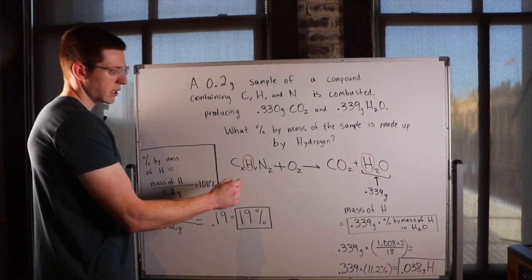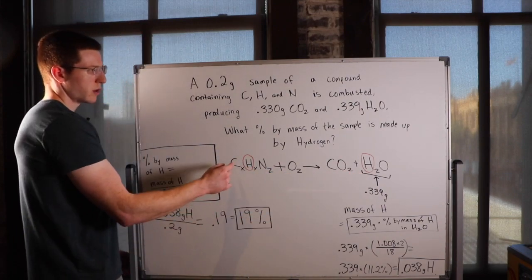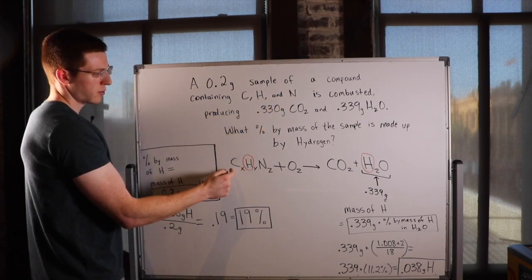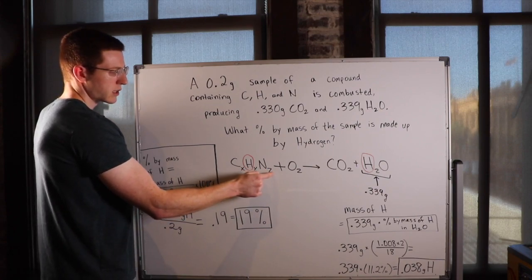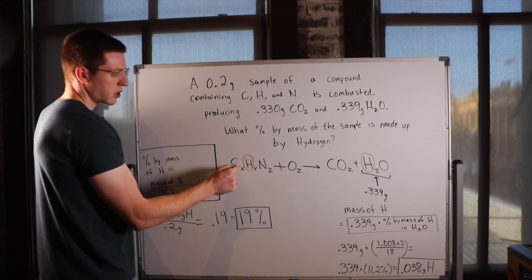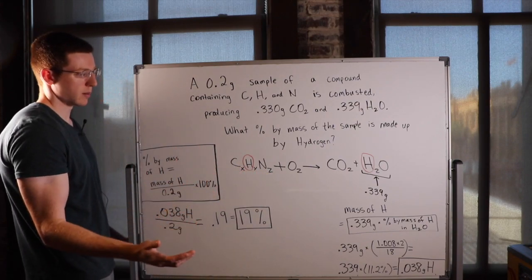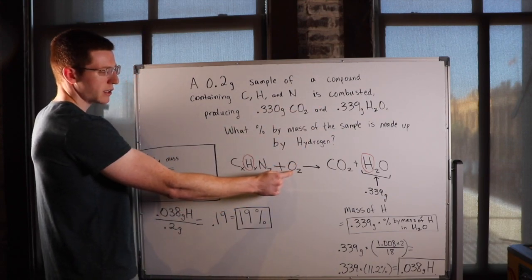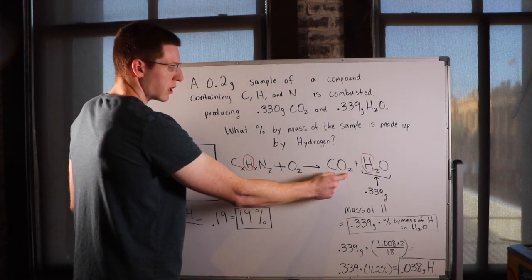So the first thing I did here was I wrote out the chemical equation. They told us that we had a compound containing carbon, hydrogen, and nitrogen. So I wrote out a generic compound with unknown subscripts here for the number of atoms of carbon, hydrogen, and nitrogen. These are all just variables because we don't actually know those numbers. And whenever you combust something, you add oxygen to it in the form of O2, and it turns into CO2